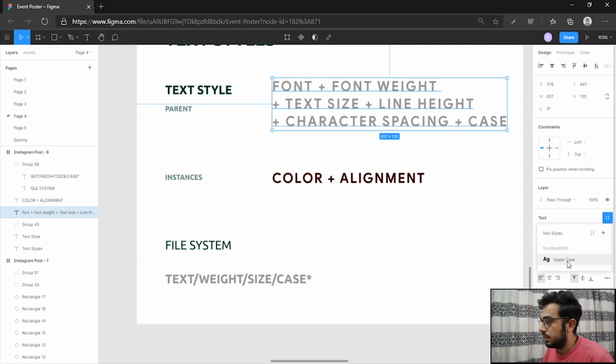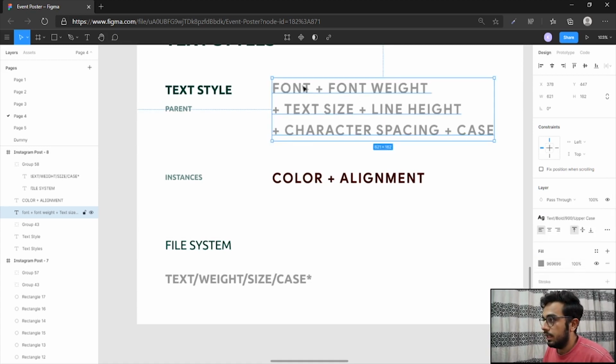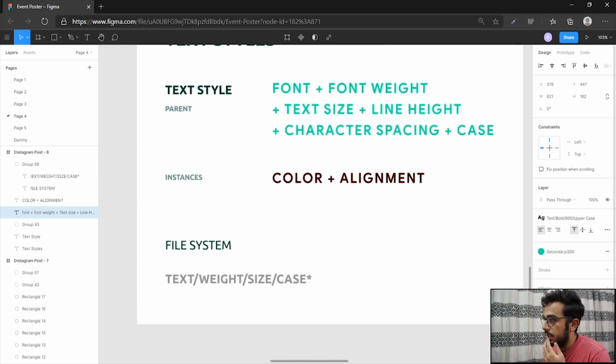So let me just click on it and the text style would be replicated. The earlier definition of this text was not the same as the text style you defined. So I have given it this text style, and let me choose the color from my palette.